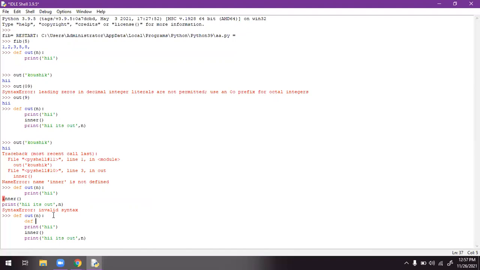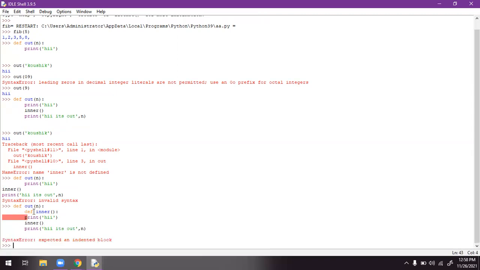I made a mistake. Inner. I'm taking an empty function here. If I run this, I'm getting an error.